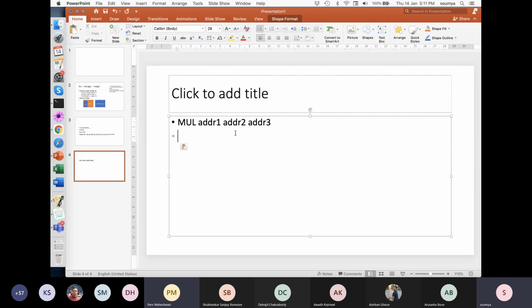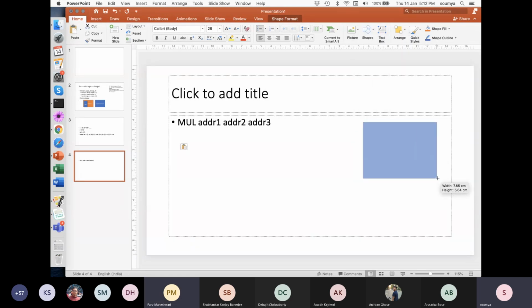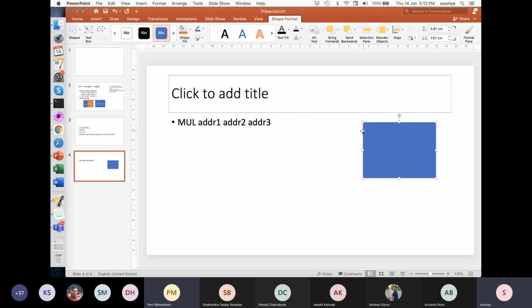So this essentially means, suppose I have a memory, and somewhere in this memory, let's say here I have address 1, here I have address 2, here I have address 3, things like that, and in these addresses I have some values. Let's say here I have value 10 in address 1, here I have value 20 in address 2, like that, and let's say somewhere I have some address 3. So that's how it is.